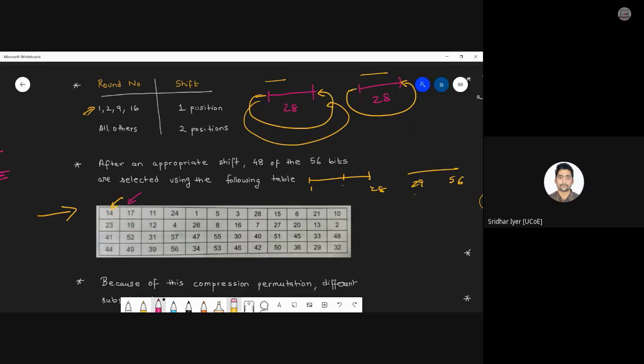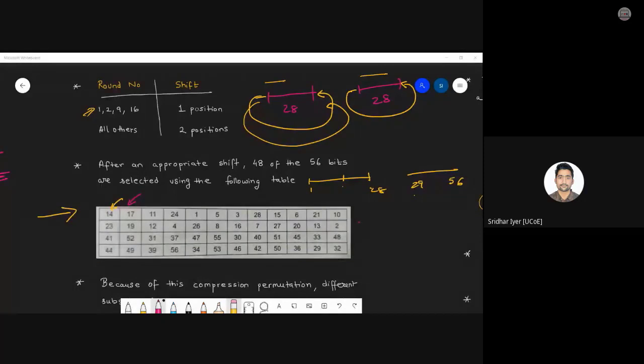Obviously, Jimit, if I'm circularly left shifting, then the entire bits will shift, right? The positions will shift and the bit positions will obviously change. Yes or no? Correct? So after that, you have now two halves of 28 bits each. Total is 56. So the positions will be from 1 to 28, 29 to 56. And now, once you are done with that, just transpose, or we can say just permute the positions according to this table. Am I clear now? Yes or no? Kindly let me know.